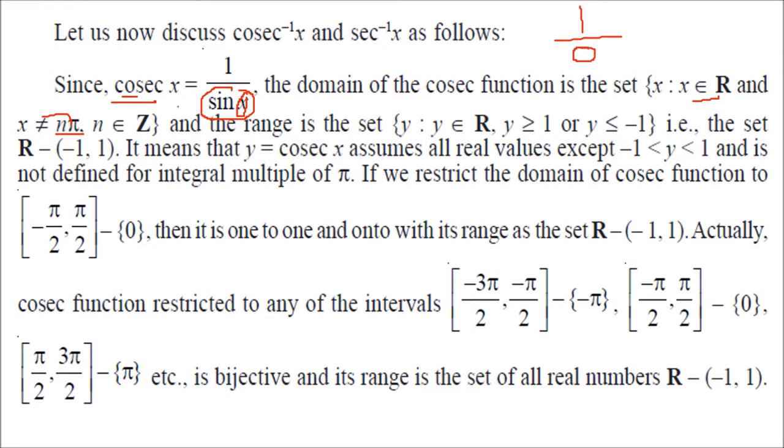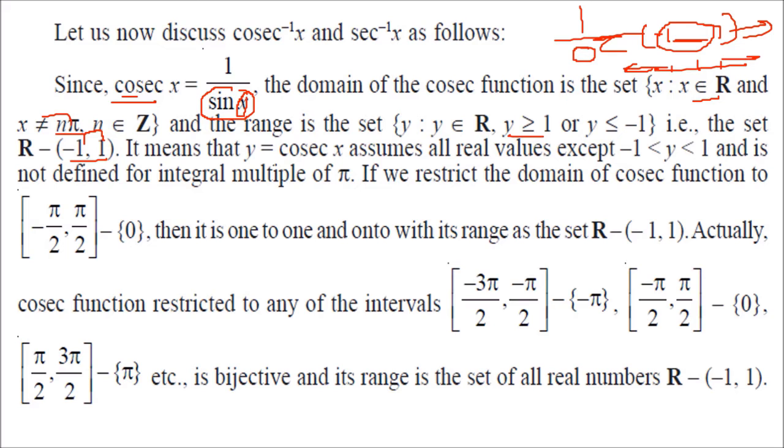And the range is, because sin x is from -1 to 1, the cosec x will be other than -1 to 1. No values in between, right? Inclusive of these, that means y will be greater than or equal to 1 or y will be less than or equal to minus 1. If you take the number line, minus 1, 1, all these values will be in the range. That is, we can write these as real numbers minus the values inside this interval. I'm not talking about the range which we discussed before. This is just the values from minus 1 to 1.